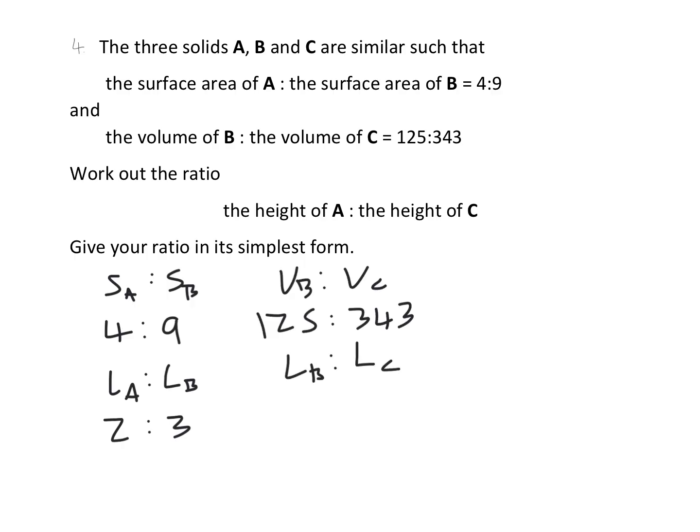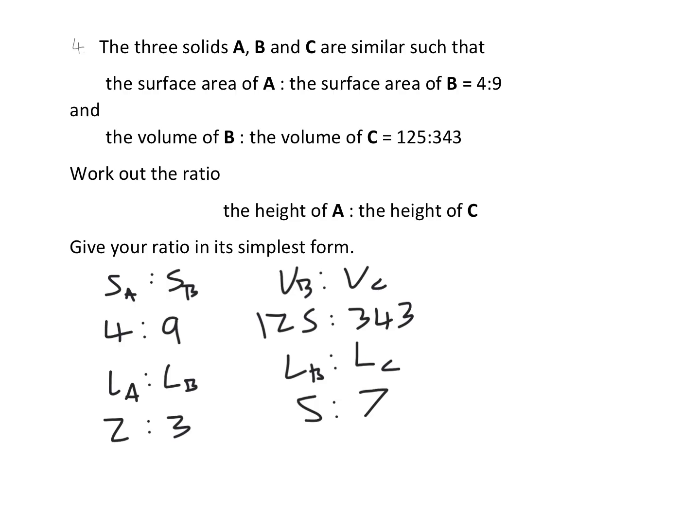So we're going to work out the ratio of the length of B to the length of C. We cube root to go from volume to length. Cube root of 125 is 5. Cube root of 343 is 7. So now we have the ratio of the length of A to B and the length of B to C,